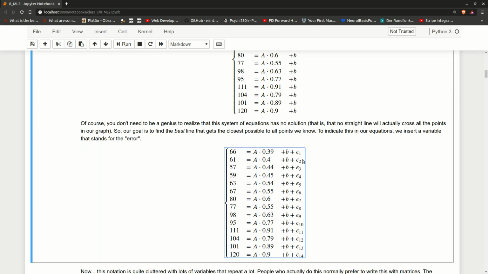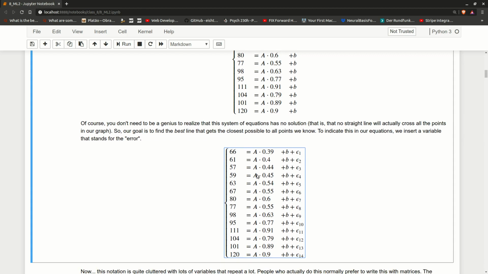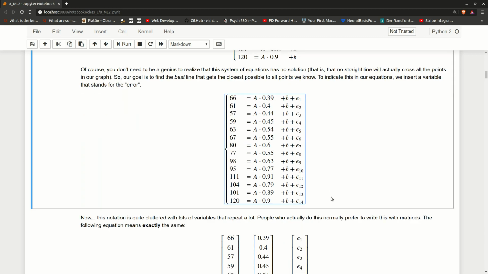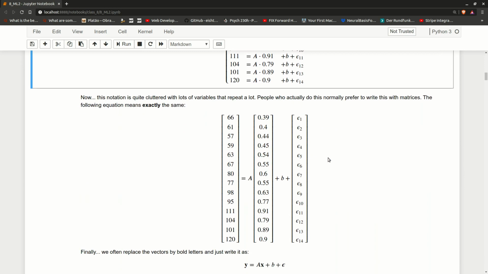And our goal is, remember, these epsilons are the distance between the actual points and our ideal line. So our goal is to make this epsilon as small as possible, because this means the error is as small as possible. To do this, I will get out of this idea of systems of equations, which was very nice to play with in school, but it is very inefficient to calculate by hand, the way we did in school. Maybe a better way would be to represent these as